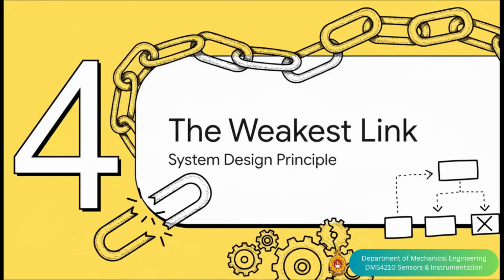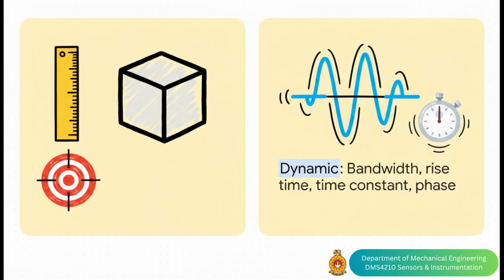Section 4. The weakest link principle. To truly understand how to build or even just troubleshoot these systems, we have to look at the characteristics that define every single stage of our chain. Each individual component introduces its own static and dynamic traits that directly affect the final measurement's fidelity. Static characteristics measure the system at rest, so things like its overall accuracy, resolution, and maximum range. But dynamic characteristics? Those measure how the system responds to a changing, real-time environment, like its bandwidth or phase shift. Essentially, it boils down to how quickly and cleanly this setup can react to sudden fluctuations.